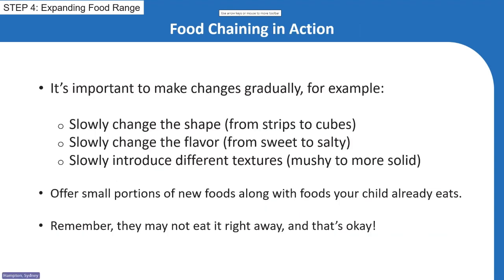So when food chaining, it's important to make changes gradually. As we mentioned throughout all these presentations, that process can take time, but it's also important to celebrate that small success. It's also important not to change too many variables at once. So stick with changing one variable if possible, such as changing the shape, flavor, or color. That way, we're not going to change it too much for them at once, and then we can slowly change